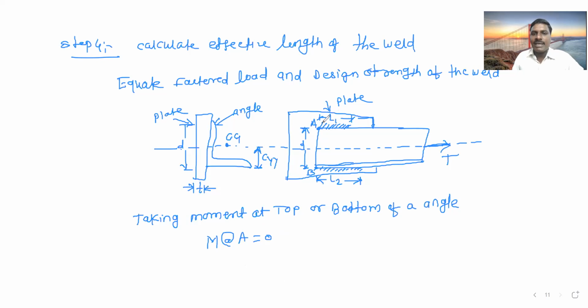Moment at A, म्हणजे आपण A ला moment घेतोय, तर त्या ठिकाणी moment at A is equal to 0. So we are here using the condition, that is the moment condition, that is the moment at A is equal to 0. Okay, so now here this T force is there. Now we have to take the moment of forces here. So how many forces are there? Due to this L1 weld, force is generated, correct? Due to this L2 welding, force is generated.